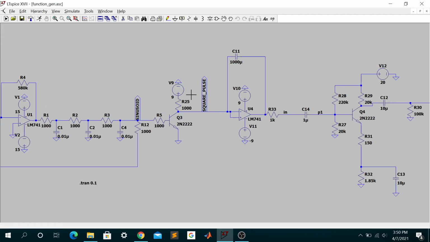So this is done by making use of the technique of bad biasing of a transistor, wherein the operating point of the transistor is placed deliberately close to the cutoff or saturation point. So this means that the peaks of this sinusoid are chopped off, and what you end up with is a square pulse. So let us simulate this part.